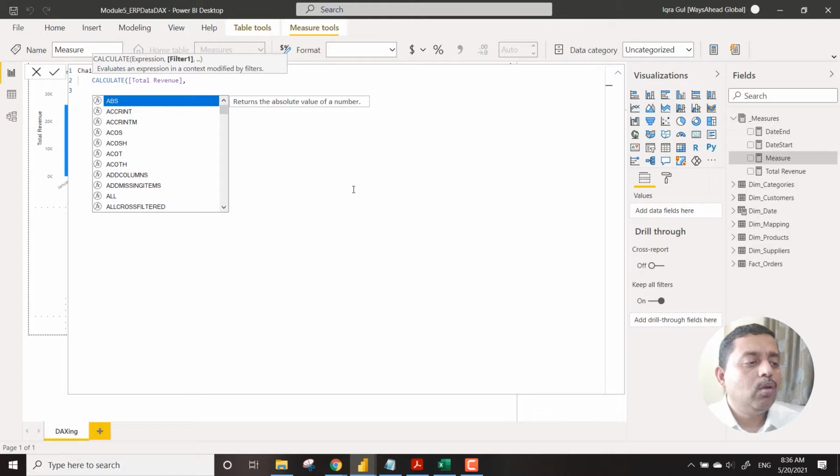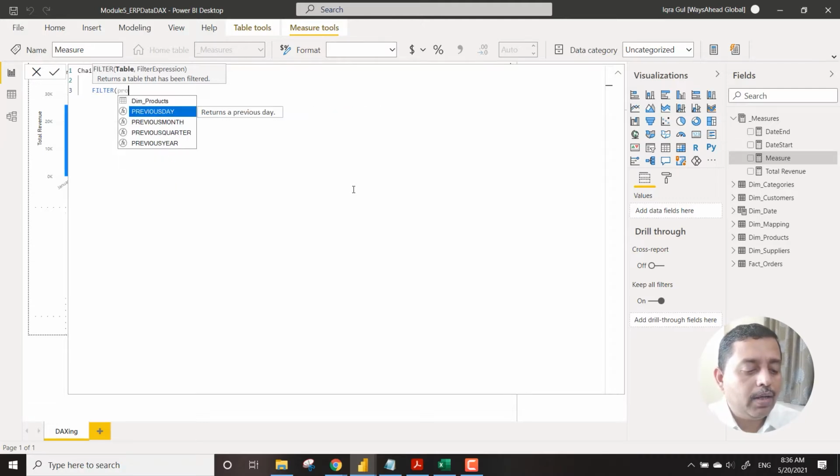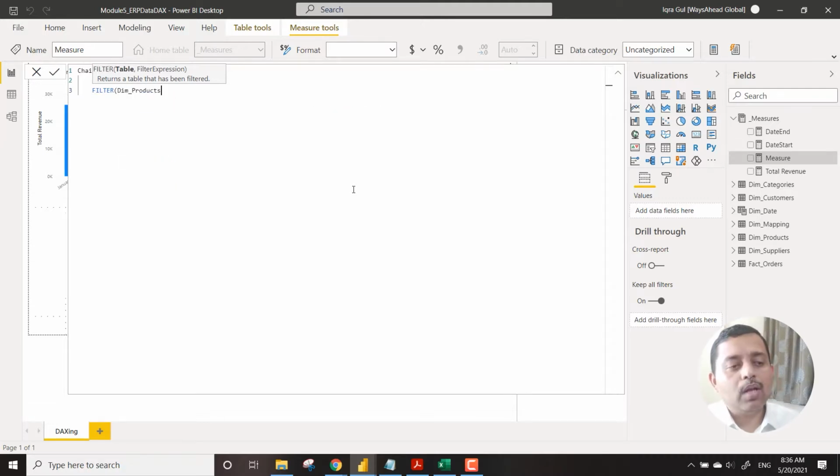And then we use filter, and for the filter we go for the product. Now you can see that the measure we are making right now is a complex measure, and it is taking help of two different tables.